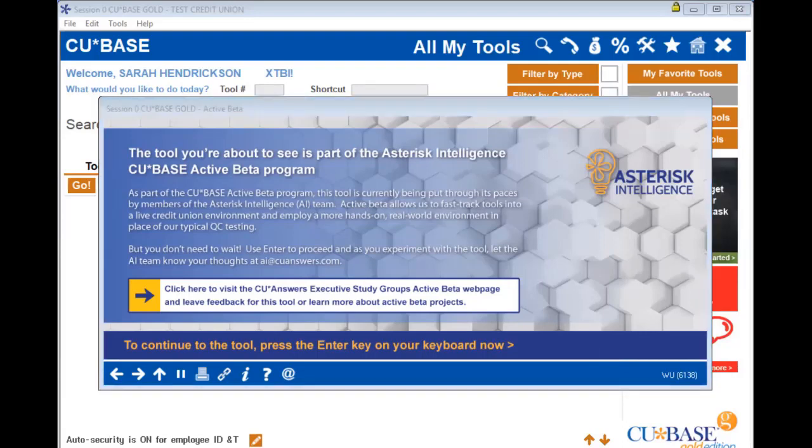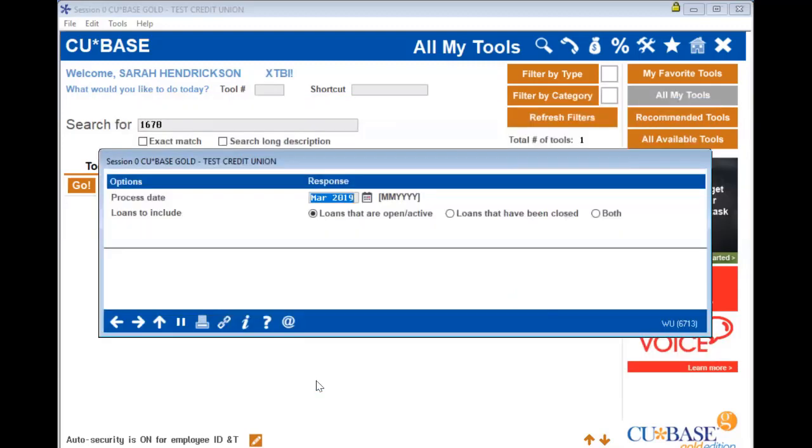So a lot of that logic doesn't necessarily need to be retested, but there's enough new elements in here that we slapped an active beta tag on it. Even though it's out in the live environment for you to work on, we are still doing some of that follow-up QC to wrap it up and graduate it out of this program. We are hoping that as you're using it, if you find some daily or regular usage for this and something crosses your mind, or you say, I wonder if that's supposed to work that way, that you'll reach out and let us know, so we can look into it with you as well. So I do want to stress the point that